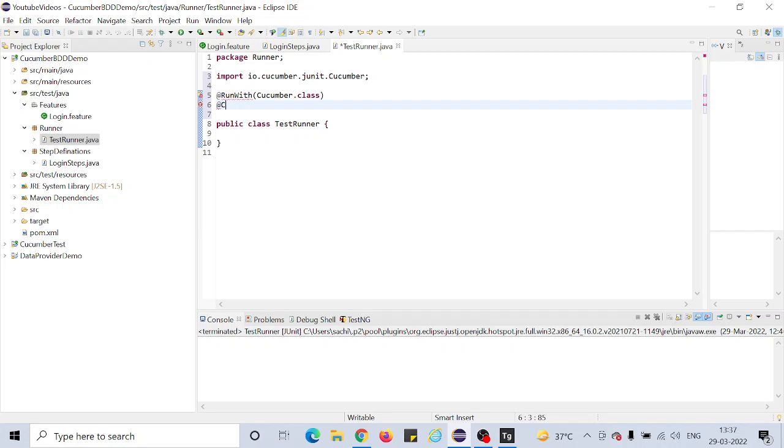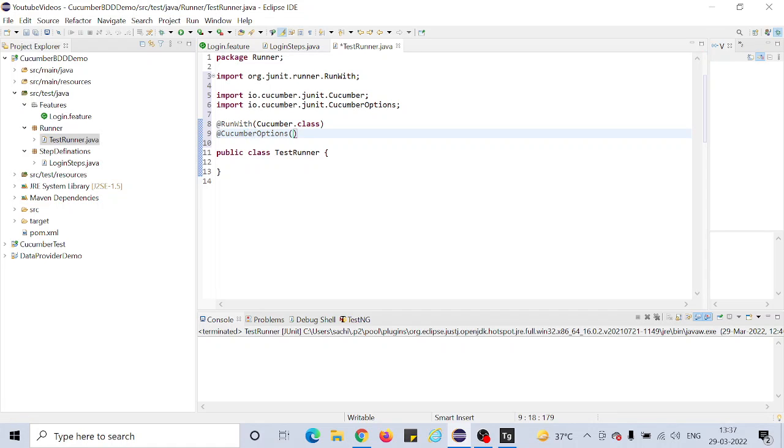So we'll say CucumberOptions. Import, Control-Shift-O will take care of all the imports. It saves a lot of time that way. And here I will write features equals to